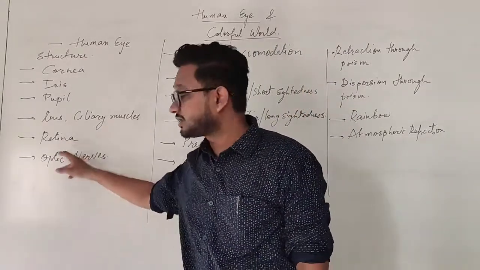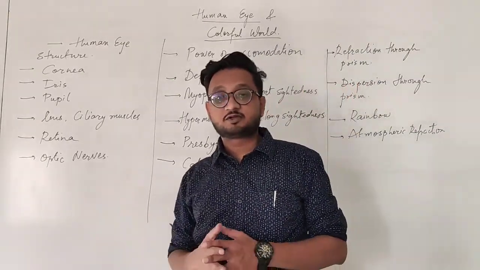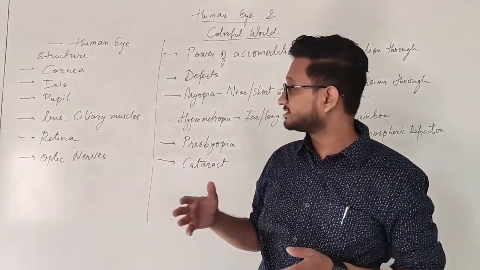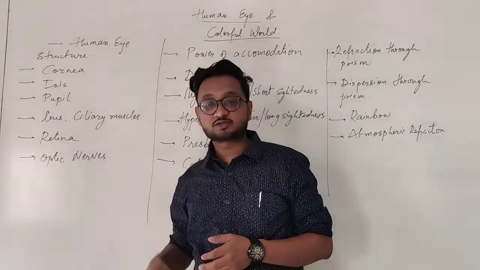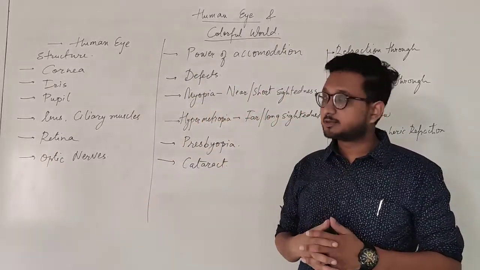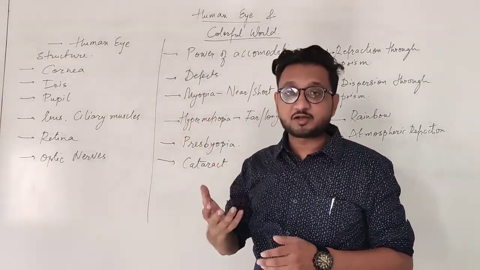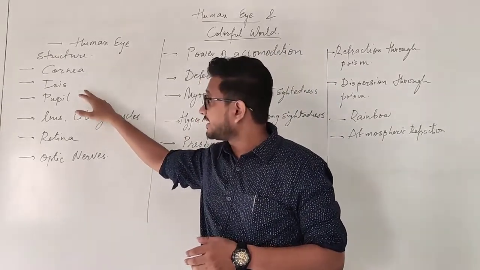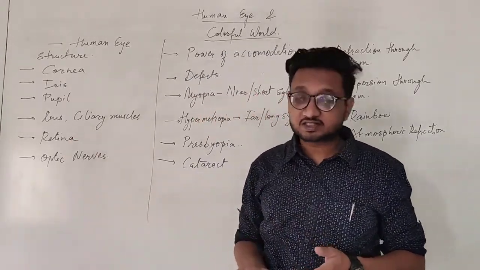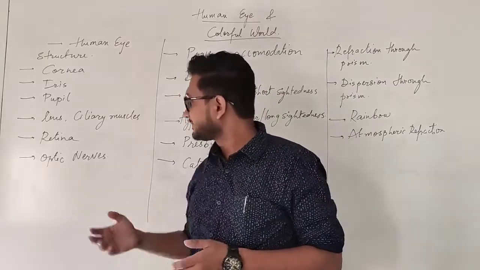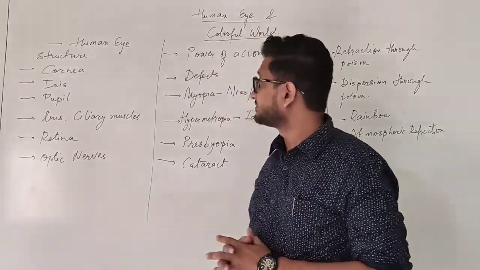Okay, so the light falls on retina, and after that we are able to see the object, because on the retina we have light sensitive cells which convert this light into nervous signals, and these nervous signals are sent to the brain through optic nerves. Very simple. Light enters from cornea, iris controls the size of pupil depending on the amount of light entering the eyes, then light falls on lens, which converges the light on the retina. Retina has sensory cells which convert light into electrical signals, and these signals are sent to the brain through optic nerves. Okay, this is the short relation.